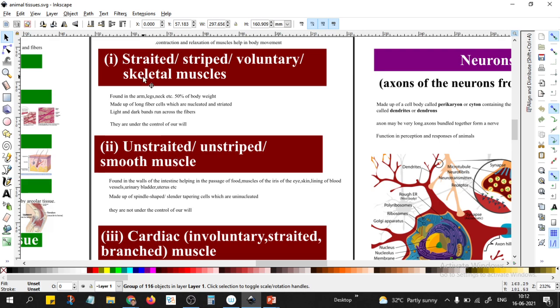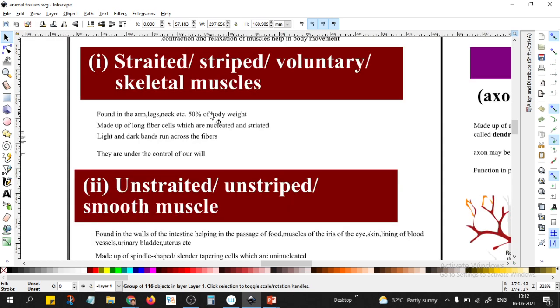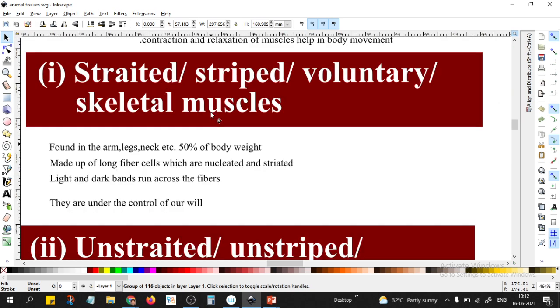The first type of muscular tissue is what we say skeletal muscles, striped, striated, voluntary. It is found in the arms, legs, neck, and 50% of the muscles that are there in our body are the striated muscles. They are made up of long fiber cells which are nucleated and striated. Light and dark bands run across the fibers. They are under our will, under our control. So you can see here